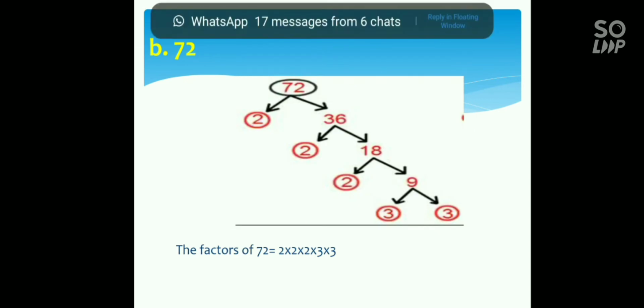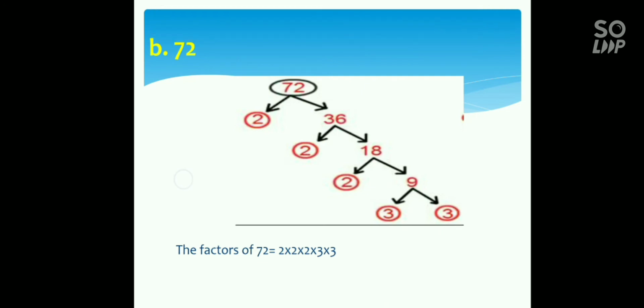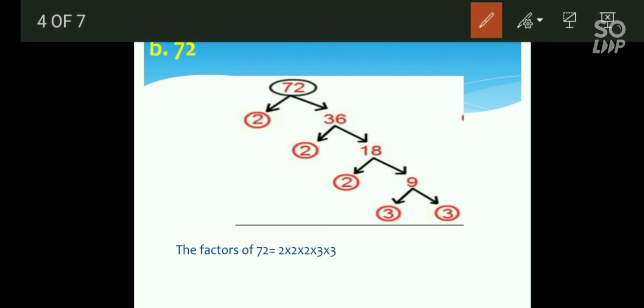Let us see another example, 72. Again you have to write in this manner because we have to use the factor tree method. First of all you have to write 72. 72 is divisible by 2. So,